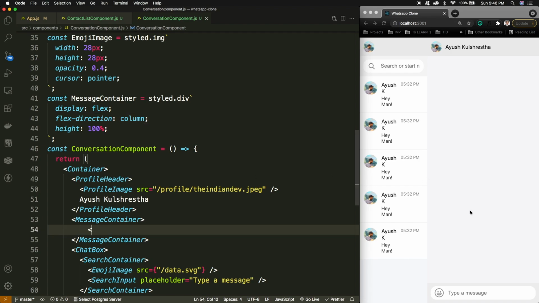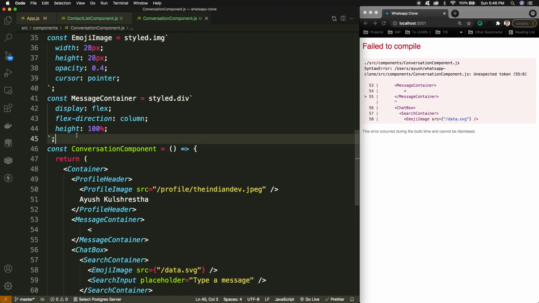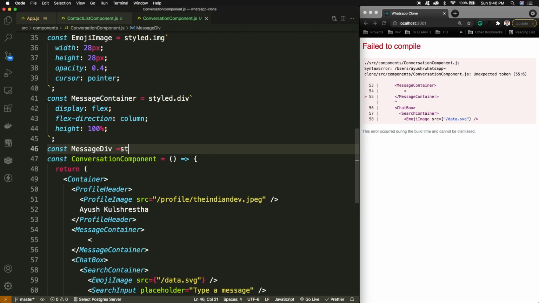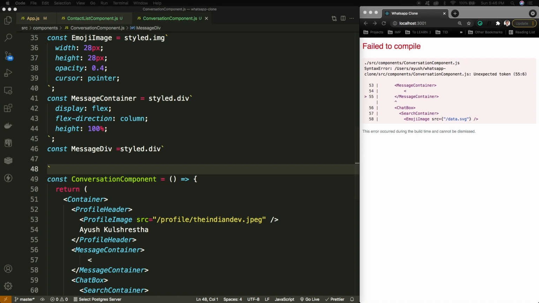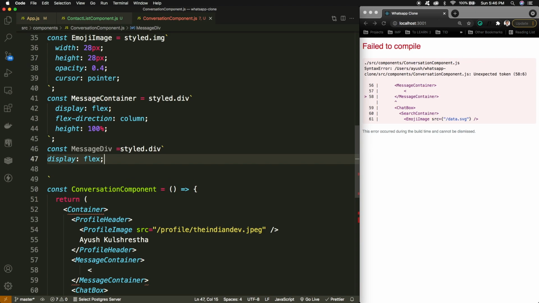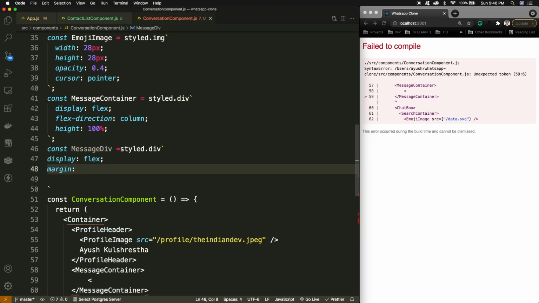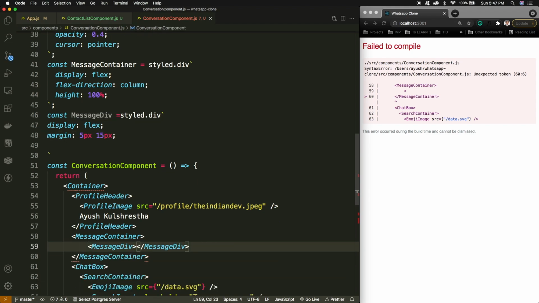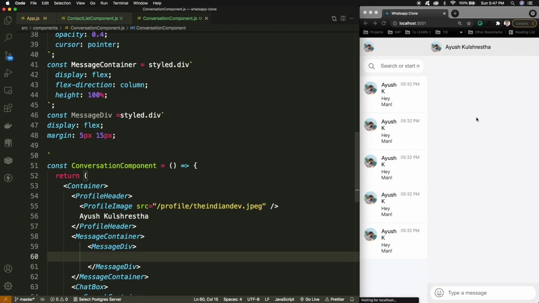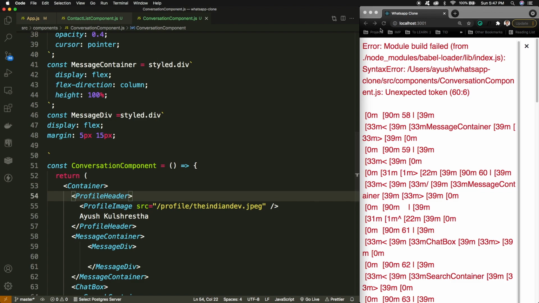Maybe I can create it here, const MessageDiv, and inside this message div I'll have display flex, and some margin: in the vertical direction I'll keep it as 5 pixels, and in the horizontal direction let's take it as 15 pixels. So the message div is here.